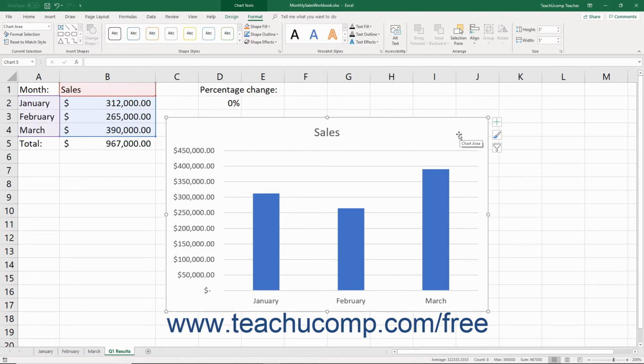One way to select chart objects is by using your mouse. You can click the individual chart elements to select them. To select the entire chart, click into the chart area. The chart area is the blank area surrounding most of the actual chart elements. When the chart area is selected, you can then perform functions that affect the entire chart, like moving the chart